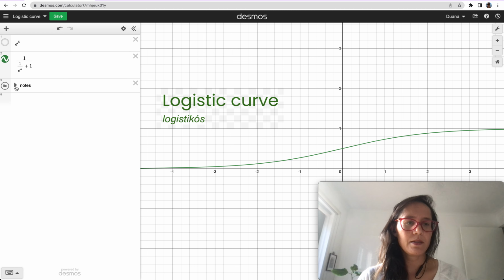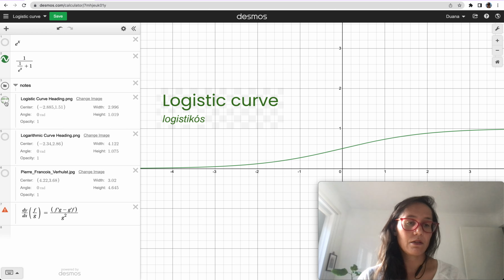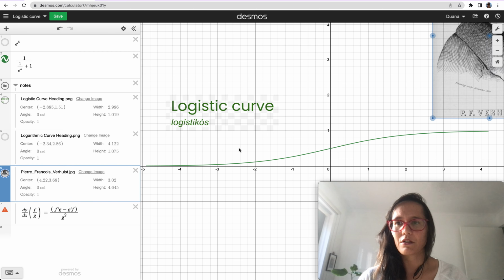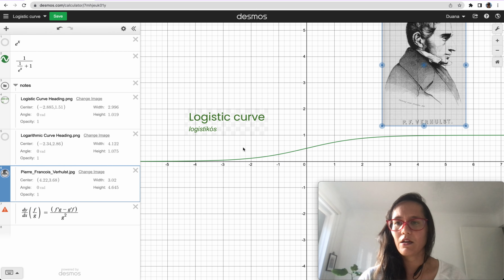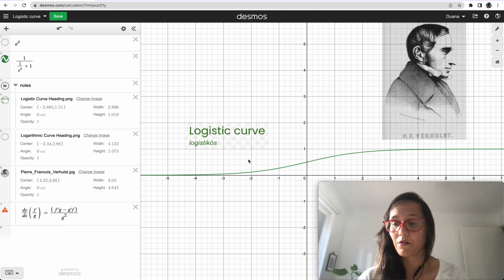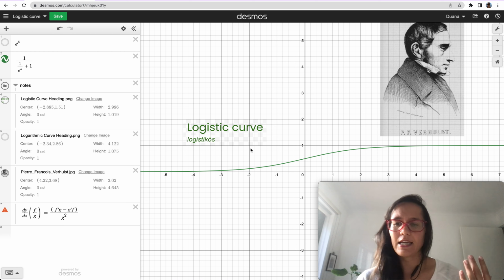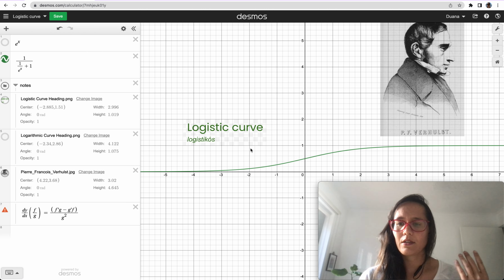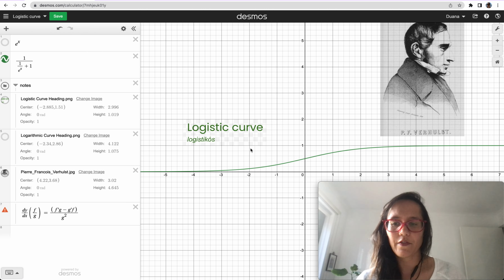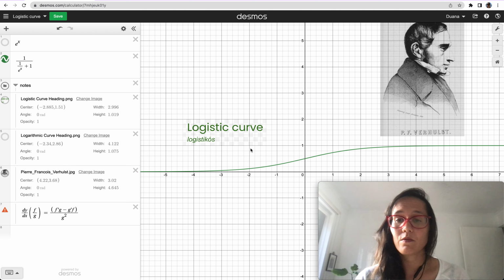Well, the person who gave it that name is a Belgian mathematician called Pierre Francois Verhulst. And in the mid-1830s, he, alongside his supervisor Adolphe Quetelet, was using mathematical functions to model population growth